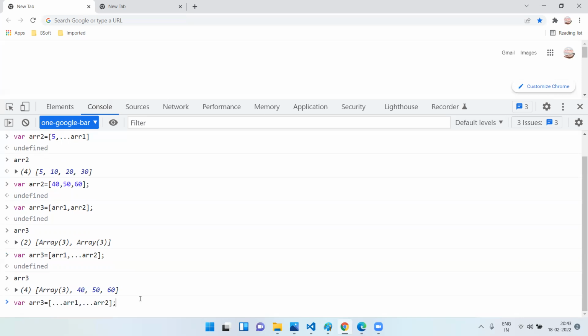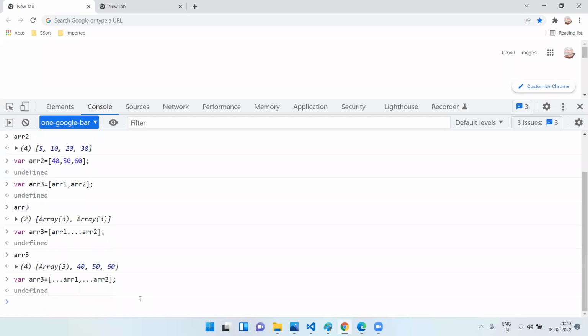Yes, it is possible, but we had seen the rest operator can be used only for the last element, right? What will happen? For the element here, we are not assigning the whole thing; we are taking different arrays separately, so it will print the whole value. See here what is happening. Now if I say ARR3,